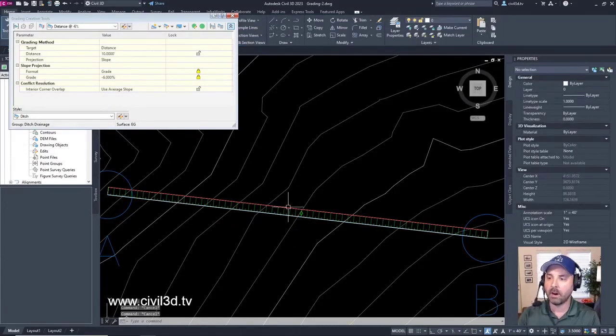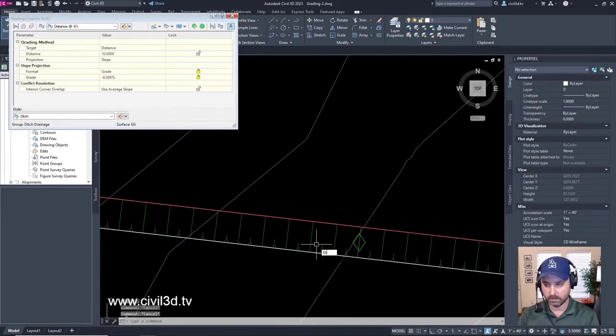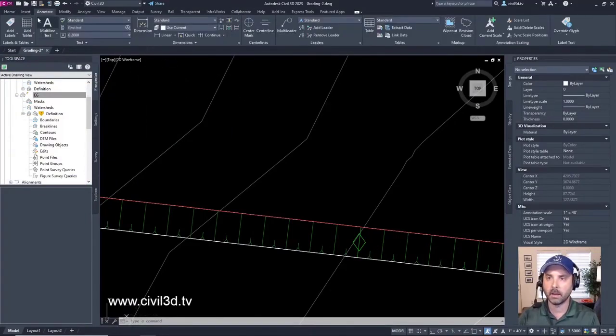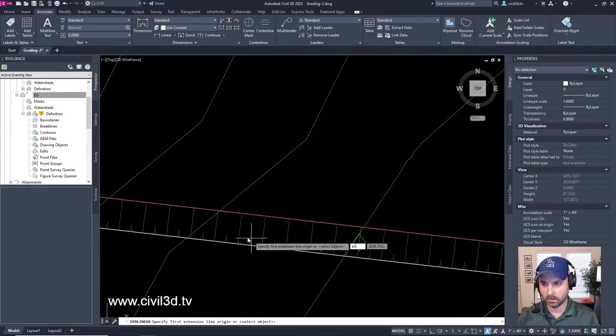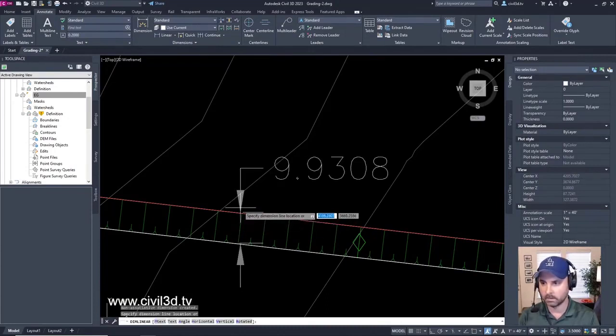Okay, how far out am I on this grading? Do you remember what that number was? I'm going to move this off to the side for a second. If I go to annotate, linear, and go from, I don't know, here, perpendicular to this line, well, it's about 10 feet.